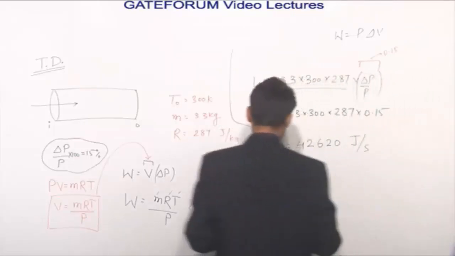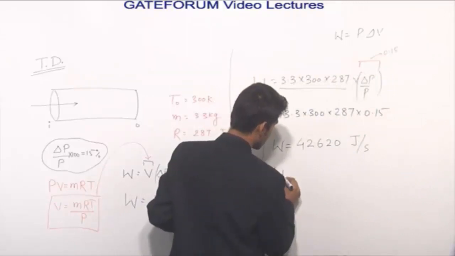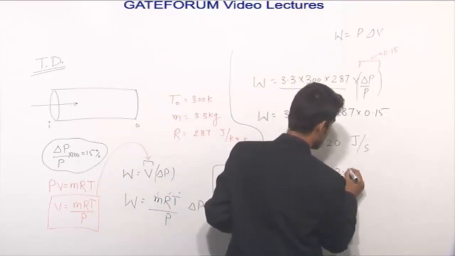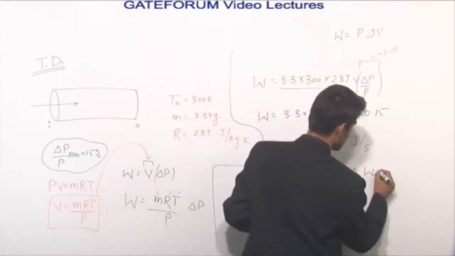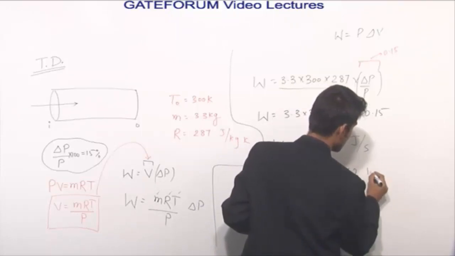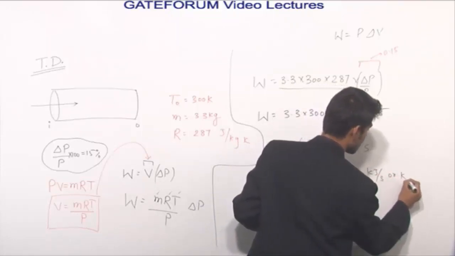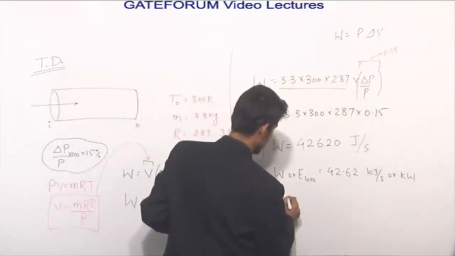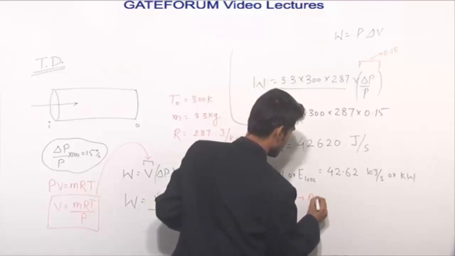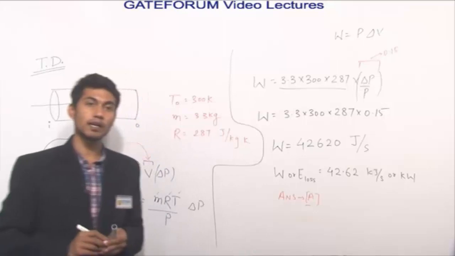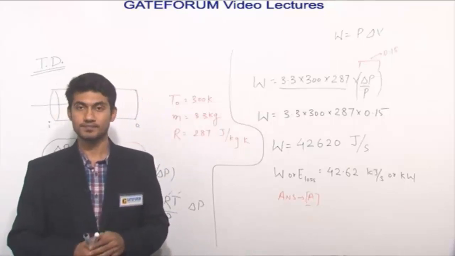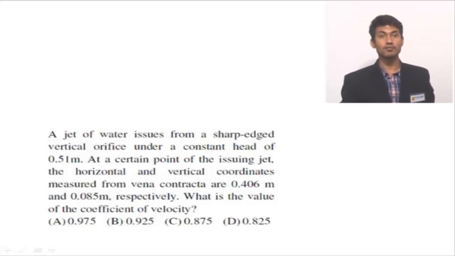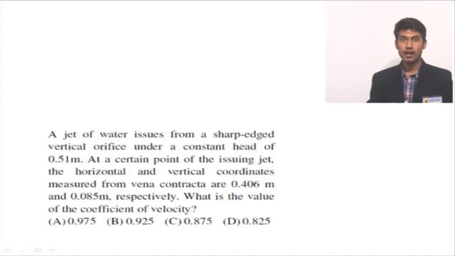So the final answer for work done or energy loss can be written as 42.62 kilojoule per second or kilowatt. So the final answer will be A. Our answer is A, which is given 42.62 kilowatt. Question is, a jet of water issues from a sharp edged vertical orifice under a constant head of